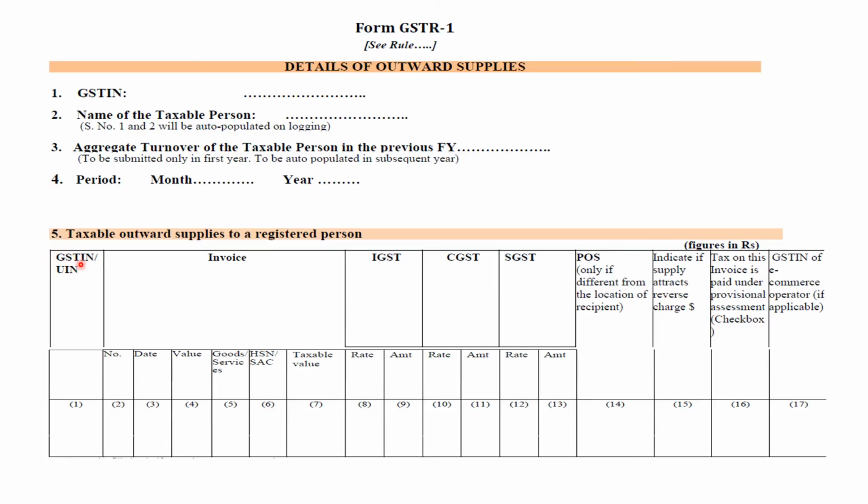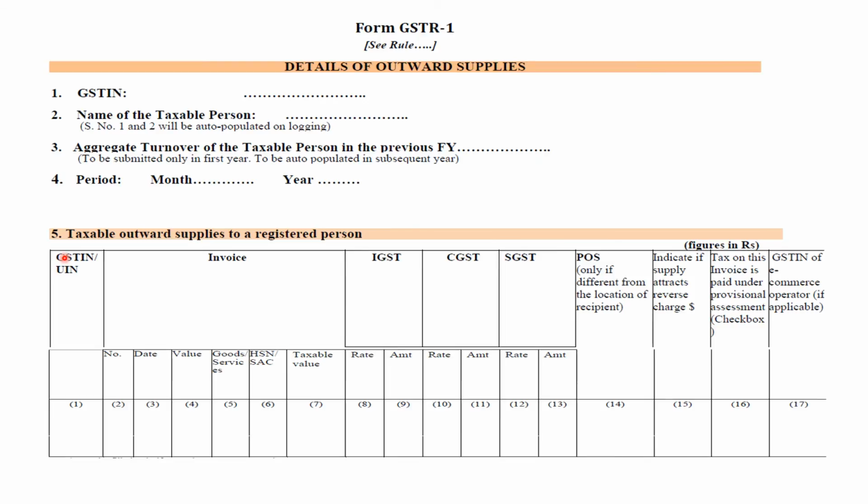As you know, GSTN is a 15 digit number, and the first two digits represent the state code. Now if the first two digits are similar for the supplier GSTN and recipient GSTN, in that case it